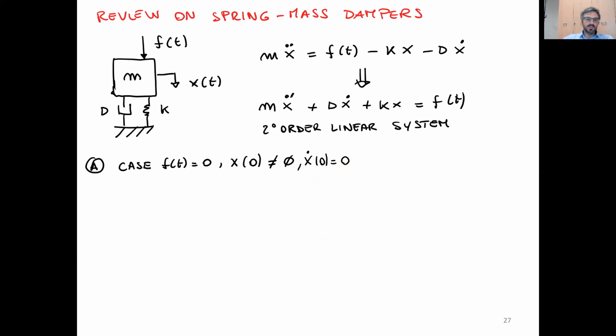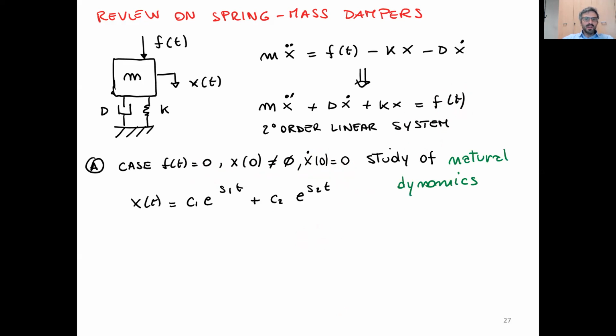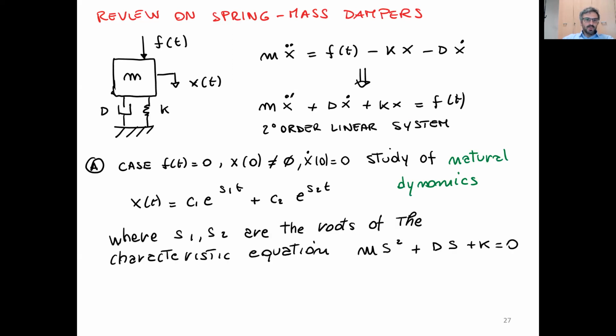In this case, velocity starts from 0, but it might not be 0. And we study the natural dynamics. The natural dynamics could be expressed with exponentials, where the roots that we computed before, S1 and S2, are the roots